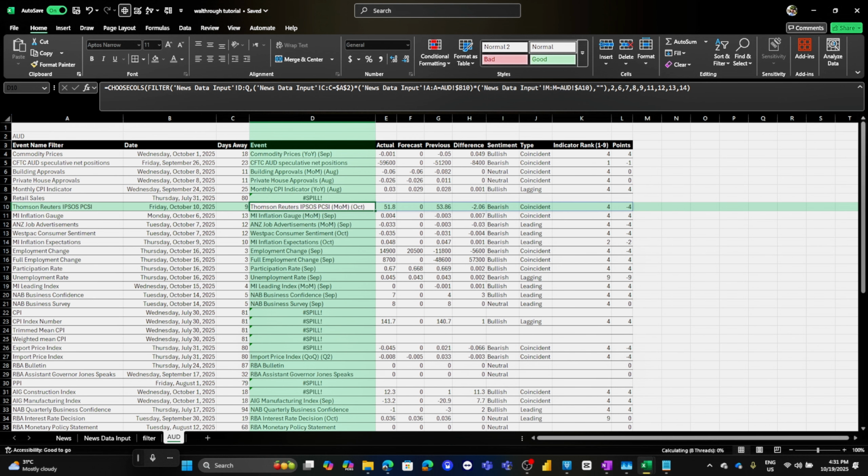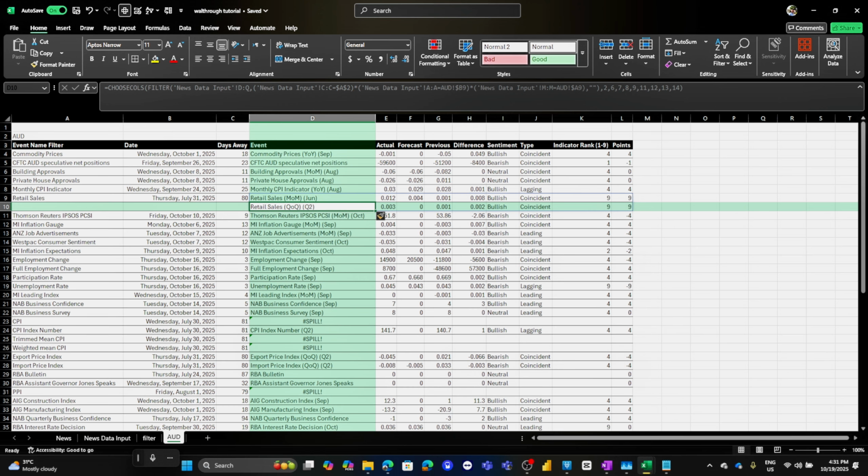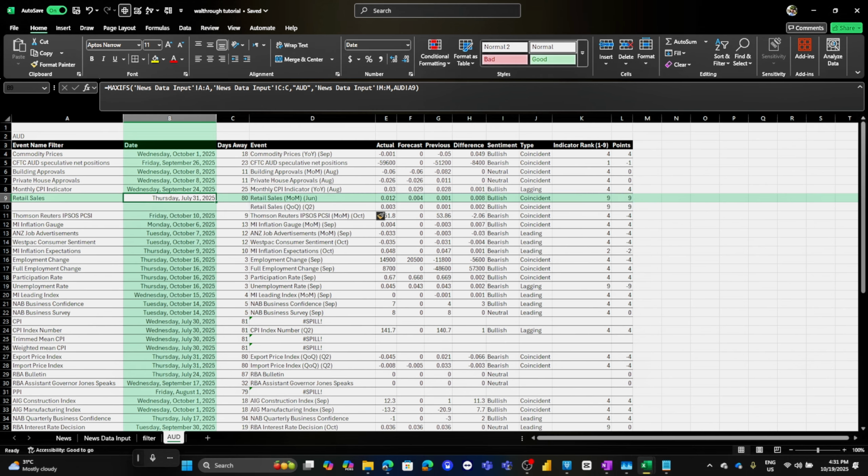By the time you click on enter entire row, if it was just one single news left over, automatically you're going to see it like this. So you have month over month and quarter over quarter coming on the same day. For situations like this, in order for you not to unnecessarily stress yourself, what you could do is